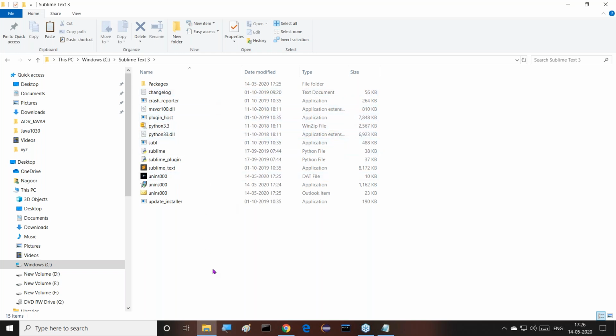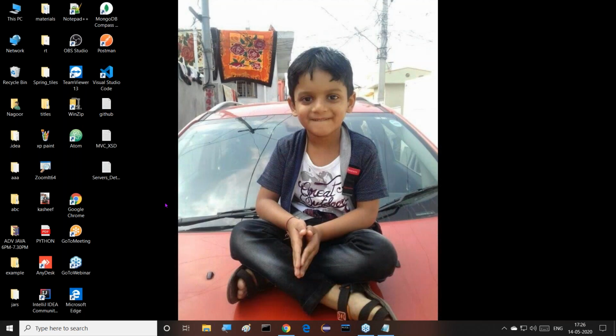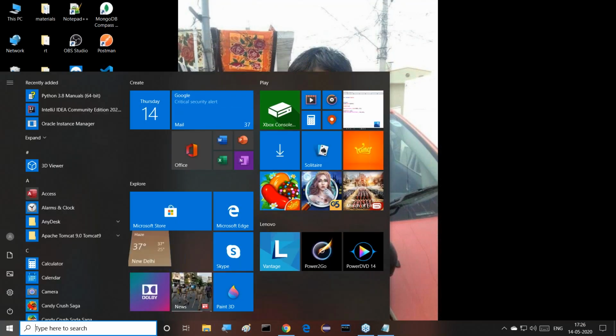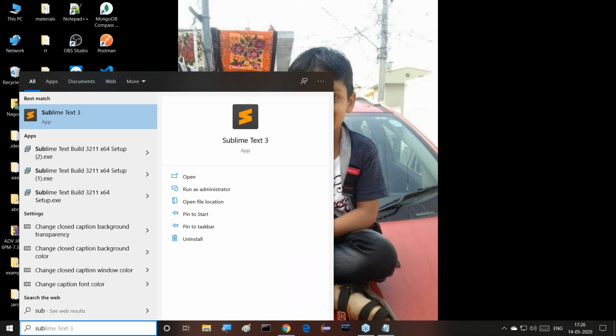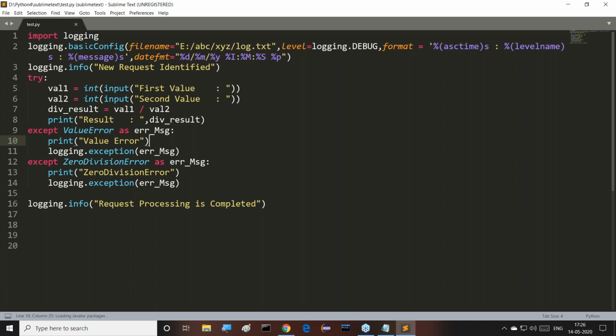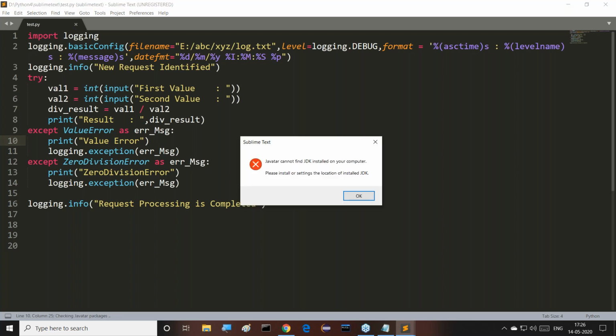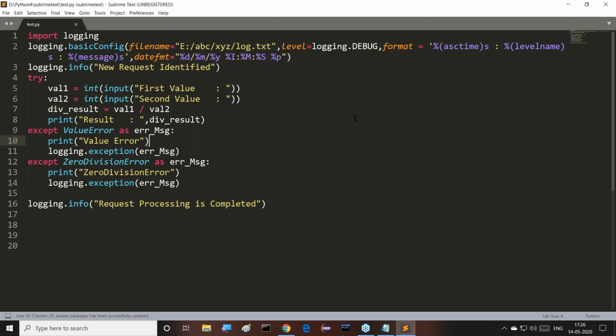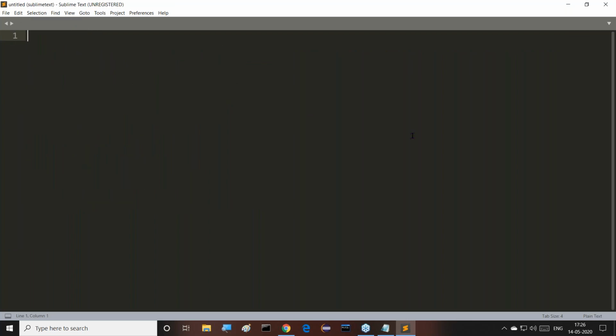If you open that, now this is the installation folder, we can understand. From here itself, we can open Sublime Text directly, or else if we don't want to open it through this, what we have to do is go to Windows search and type Sublime Text. Like this we can open Sublime Text. If you open this, automatically here we are able to get, of course, previously I used it, but again it is opening the same thing now. Understand it clearly. That means once you install it, if you try to install it again and again, it gets the same previous setup. That's why this file is open in my system now. Not to worry for that. Leave this one now. This is Sublime Text here we are getting, sir.